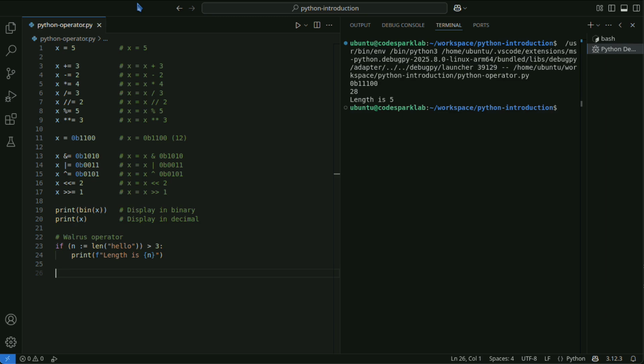The walrus operator, :=, is an assignment expression available in Python 3.8 and later. While standard assignment can only be used as a statement, the walrus operator allows assignment within an expression.